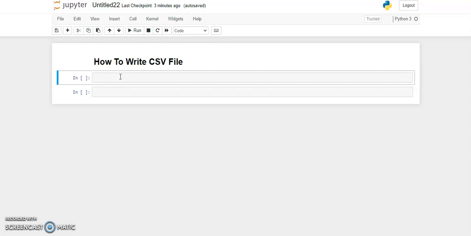So before writing a CSV file, first we need to read the CSV file. For this, first we need to import the pandas library, so we simply write import pandas as pd.